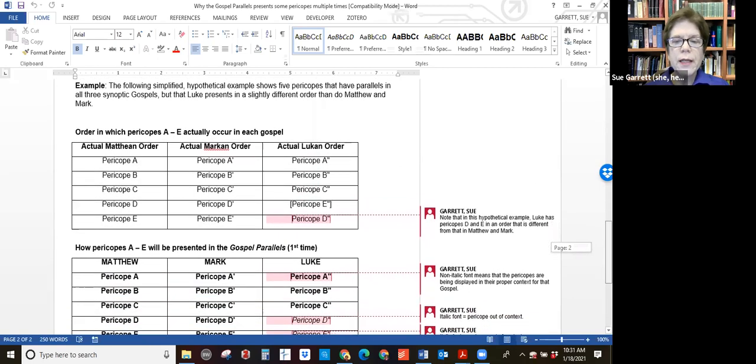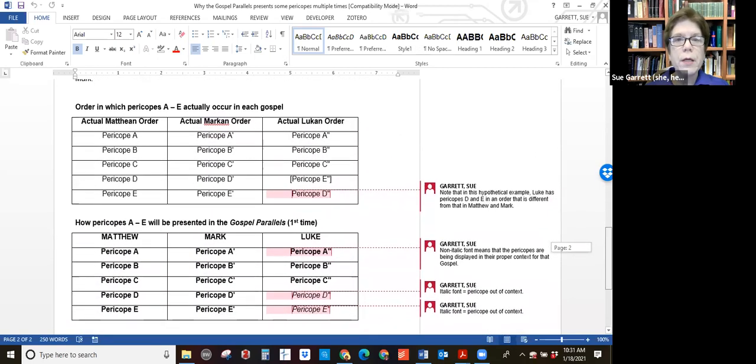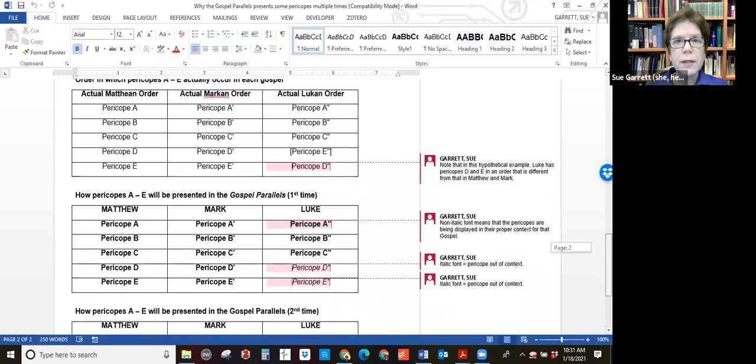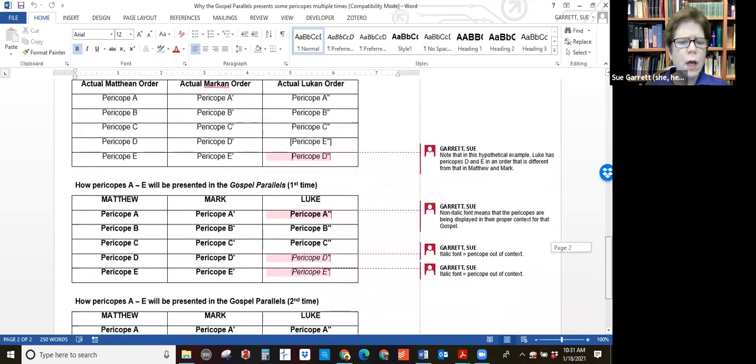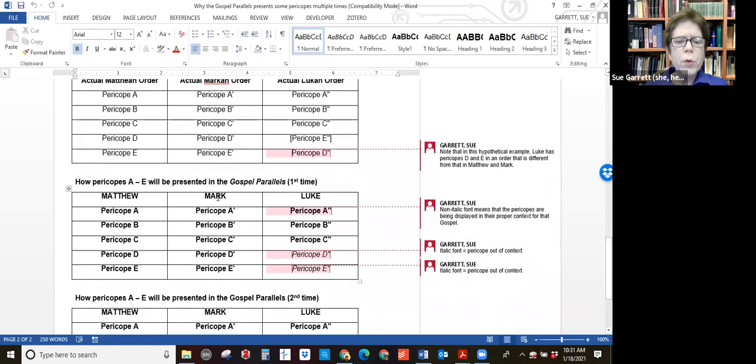Okay, so let's say these 5 pericopes are going to now be presented twice, at least, in Throckmorton. In Matthew and Mark, because they follow the exact same order, they'll just flow along. You'll have pericope 1, 2, 3, 4, 5, and it will have columns with Matthew and Mark parallel. And you'll know that because the heading for the column for that pericope will be in boldface,